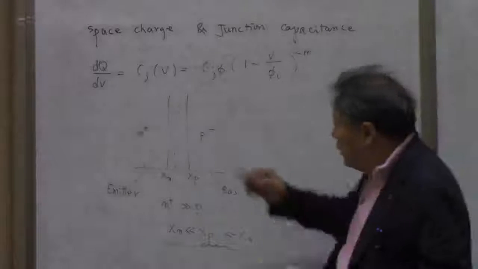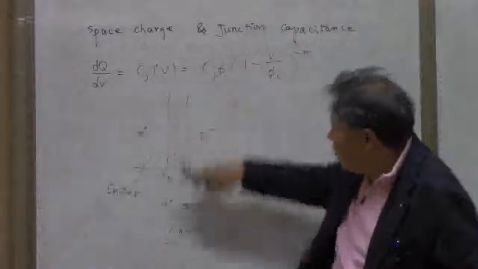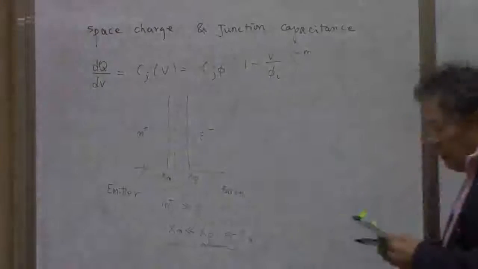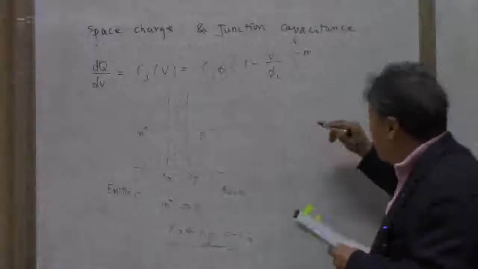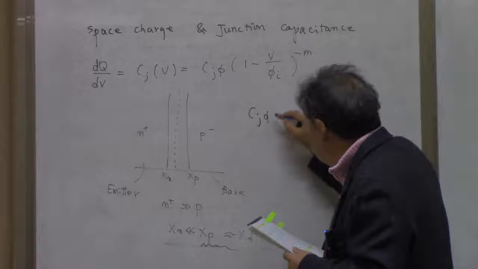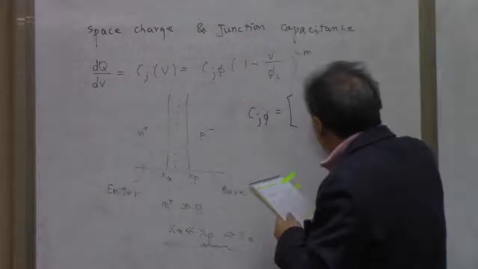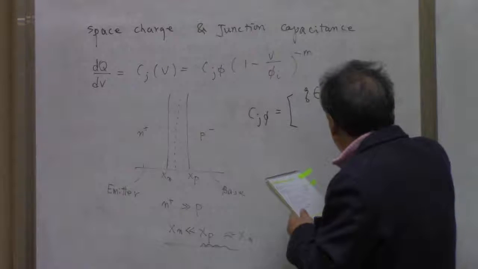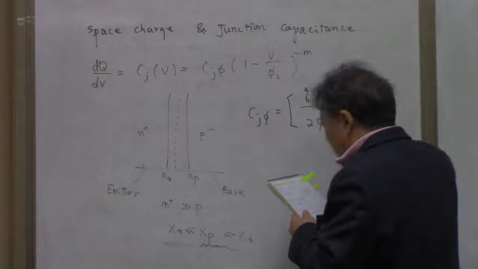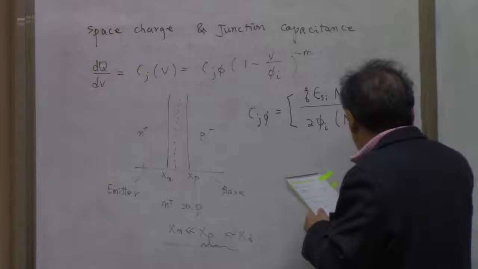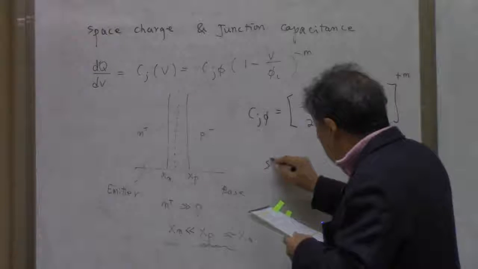So we can think of this as a capacitor with two metal plates separated by the space charge region. And that capacitance can be defined something like this. And here the C J phi is Q epsilon N D and N A over 2 phi I and N D plus N A, to the power of minus m. And if it is a step junction,